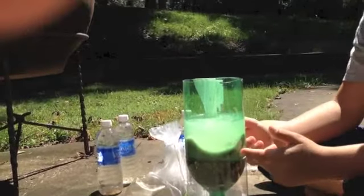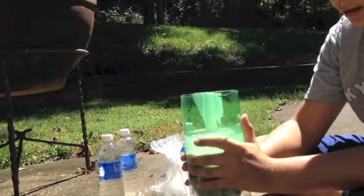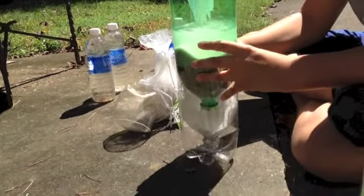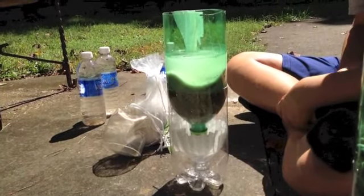What's happening is the bacteria from the sand is battling the bacteria of the water, so they're fighting for space. And I'm just seeing if there's any sediment, anything large enough that can hurt you, that comes out. I'll wait till I finish